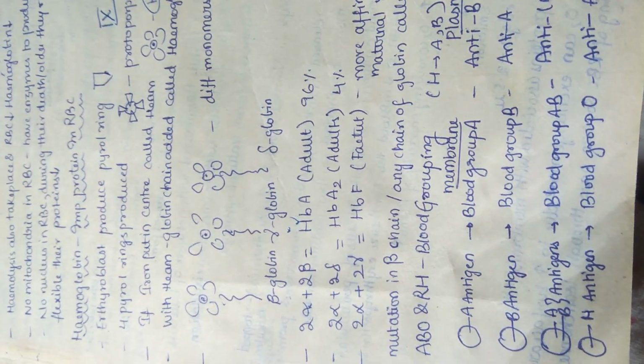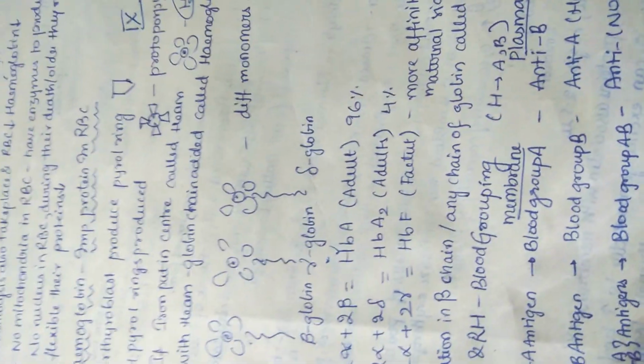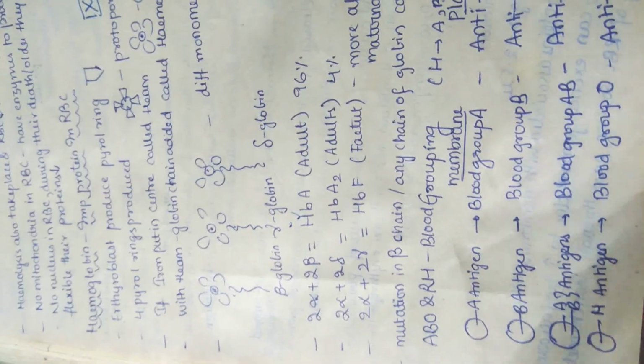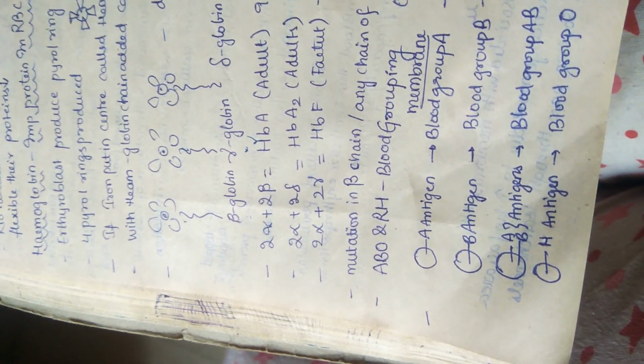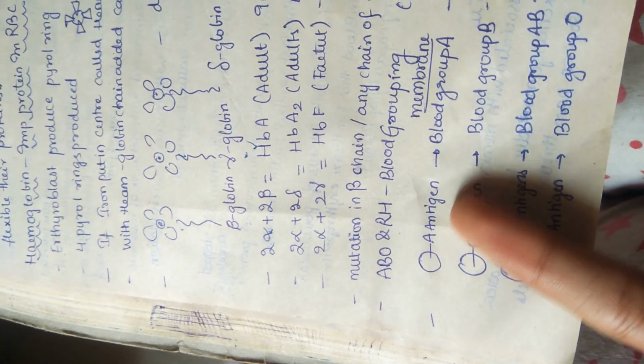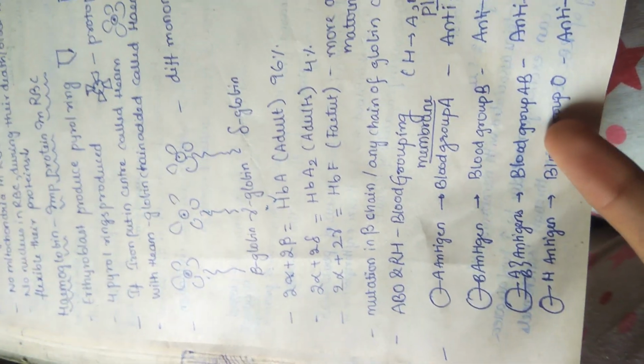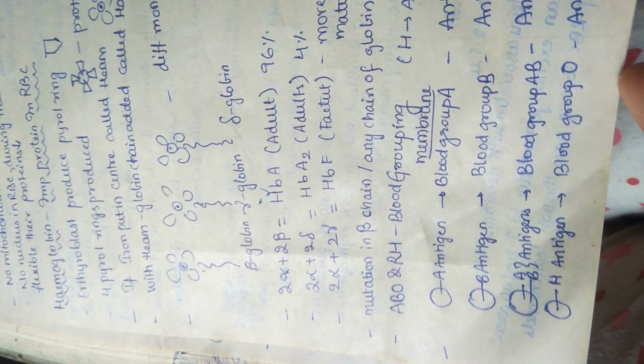Now let us understand blood grouping somewhat in short form. Next we will have a detailed discussion on it. Coming to blood grouping, you have ABO and Rh blood grouping. First let us see ABO. Our RBCs have antigens on their cell membrane. If it has A antigen, then it is A group. B antigen, B group. If both A and B antigens are present, then AB group, and if only H antigen is present, then it is O group. Like this we divide the blood groups.